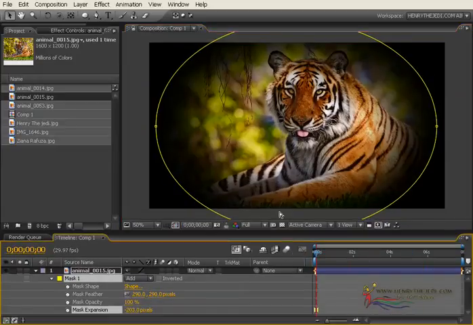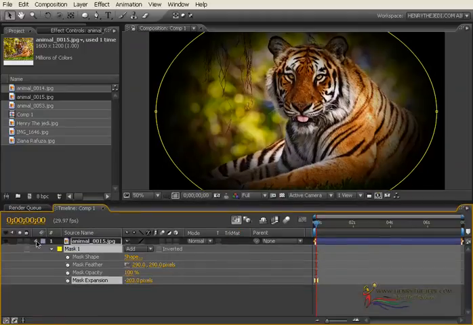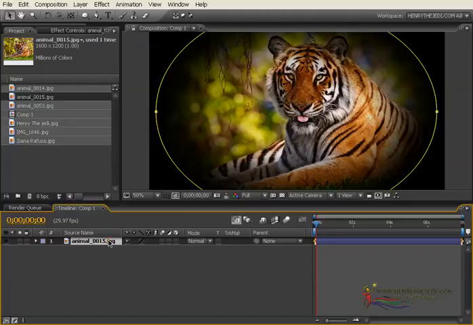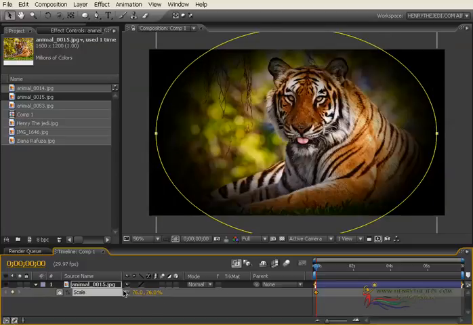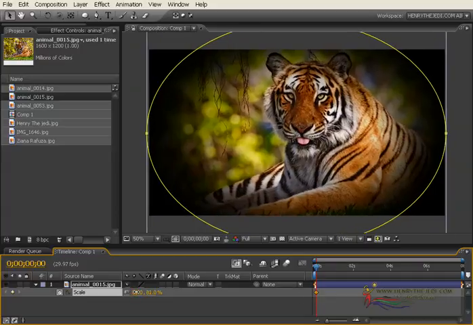Next we're going to play with the scale of this particular layer. So we select our animal layer and then press S on the keyboard, click on the stopwatch of course to bring up its scaling. The way in which we are going to animate this animal's scale is going to be like this. First, we are going to make sure that it starts from a full resolution like that.